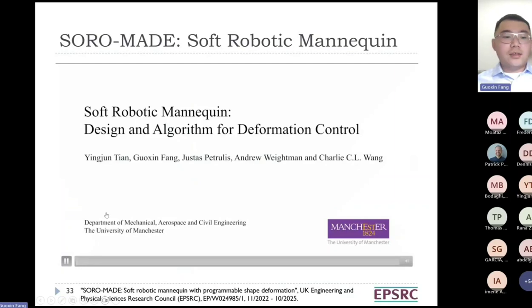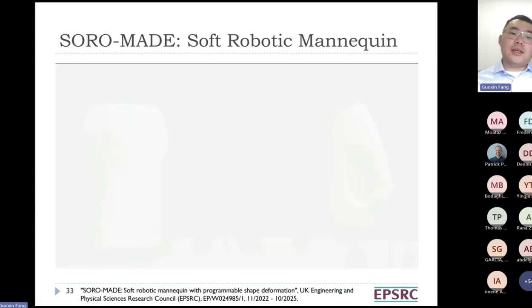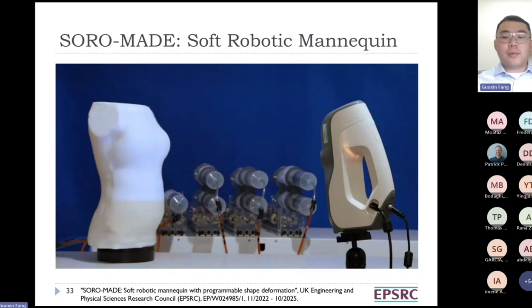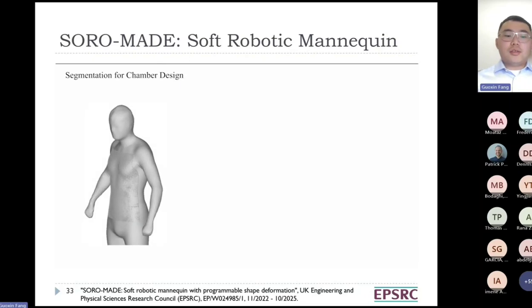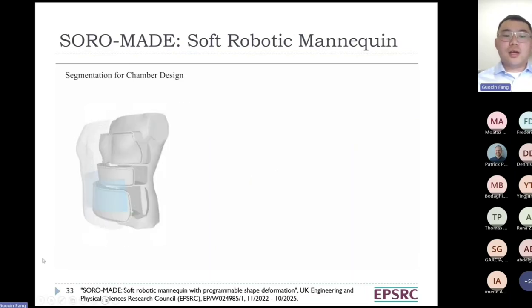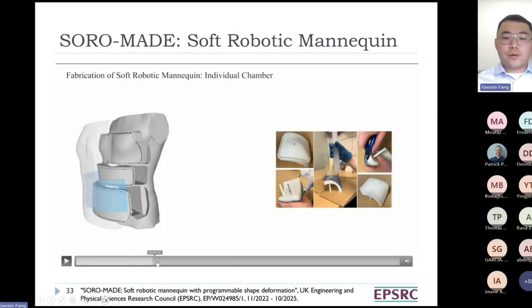Yeah, and one final project I would like to share here is about the design of those soft robot mannequin systems, a very nice application for the garment industry. This is a project funded by EPSRC. What we did is put those deformable chambers into the mold, to mimic our human body shape. Because we have the simulators, we can always validate our designs, and we can do optimization of the chamber placement areas, and also achieve a very high